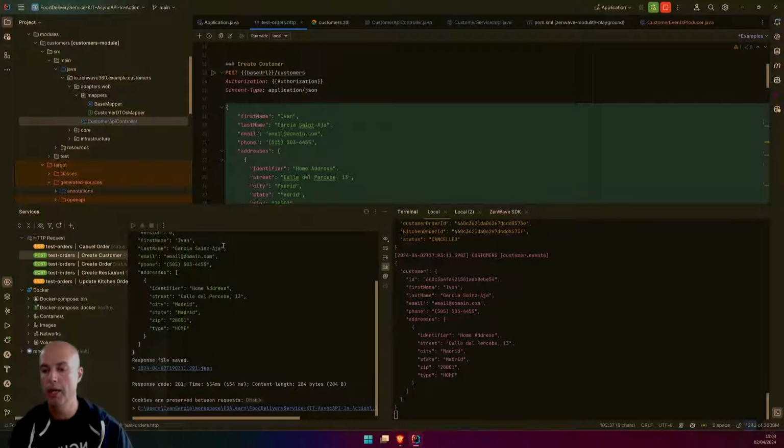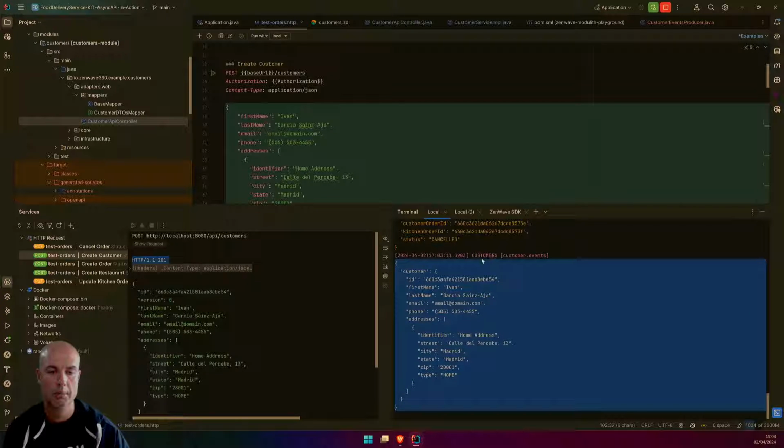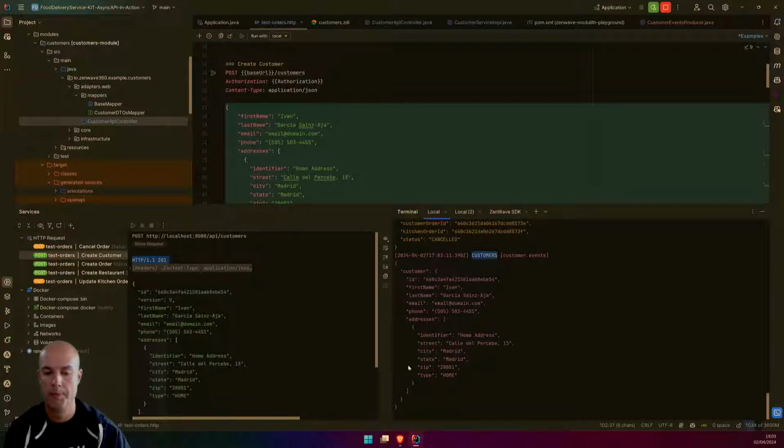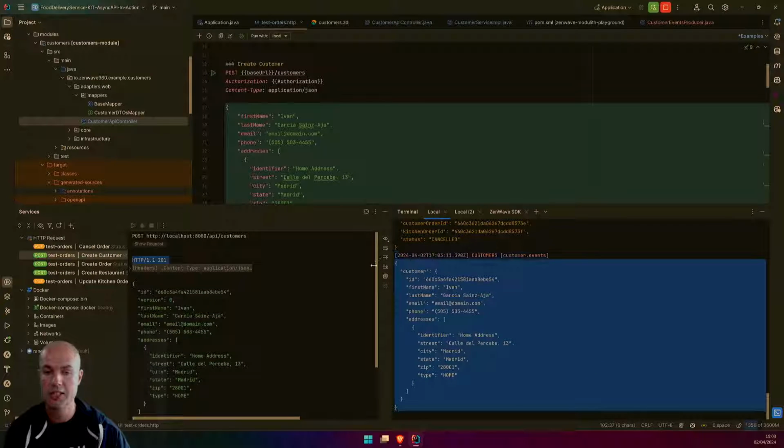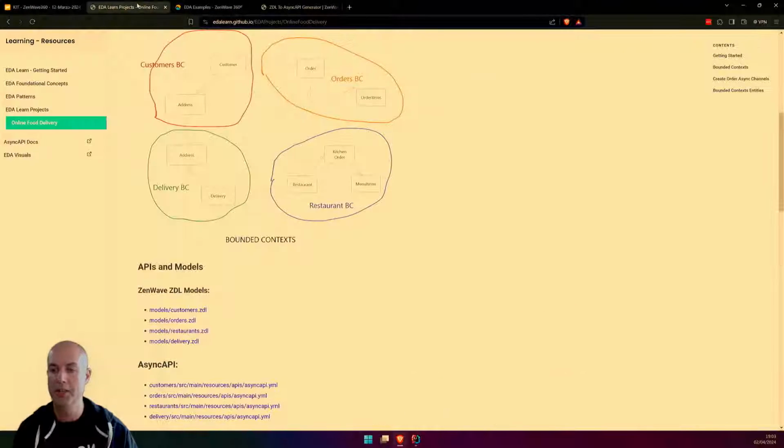We can create a customer, we get the response, and the customer's module publishes this customer details message to the customer events.